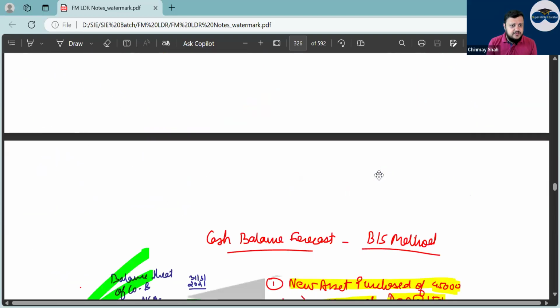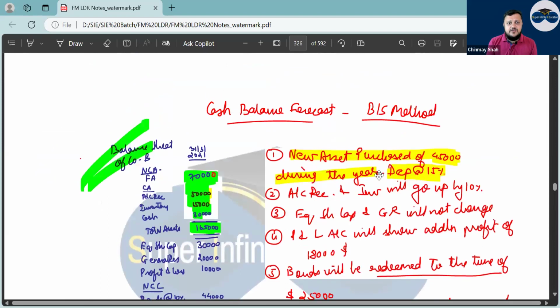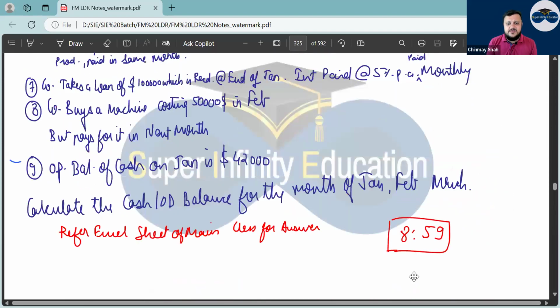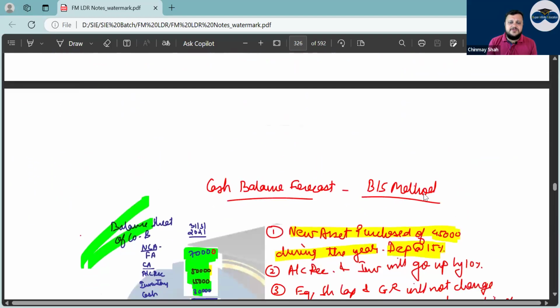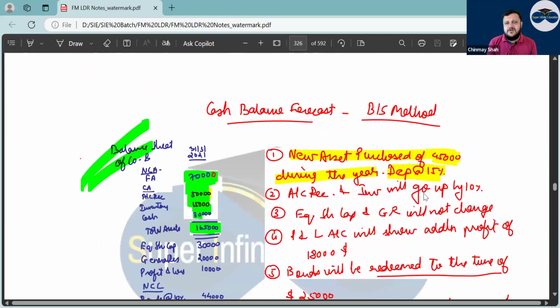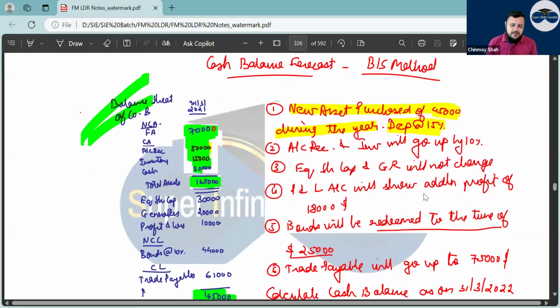And going ahead, if you want, you can refer to the Excel sheet I have given you for this answer. This question you will not find anywhere in any book in India. This is the only question that I take up in class. There is a similar question in one of the books, but I have tailored the question as per ACCA requirements, as per what ACCA is asking and what is available at the study hub.